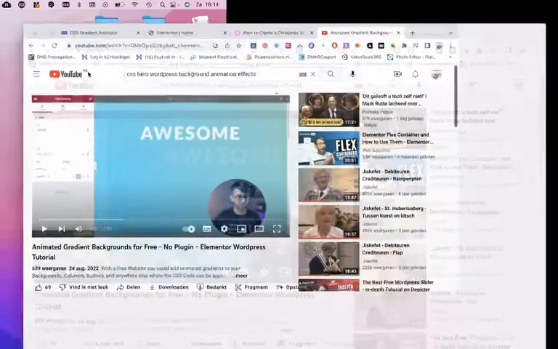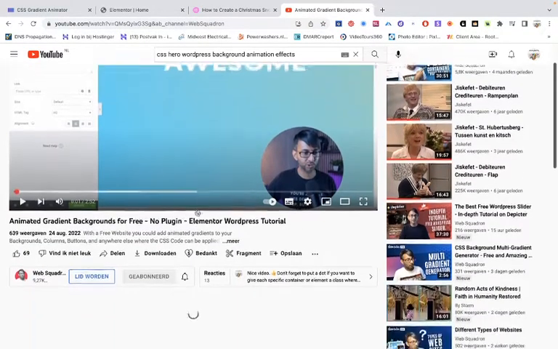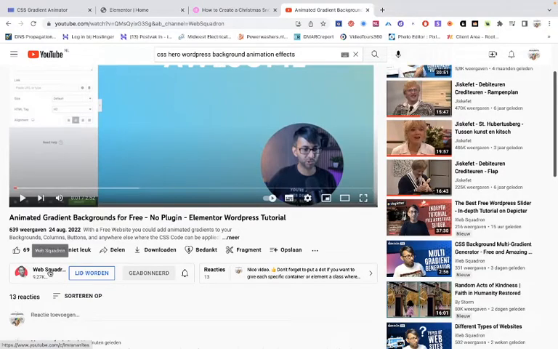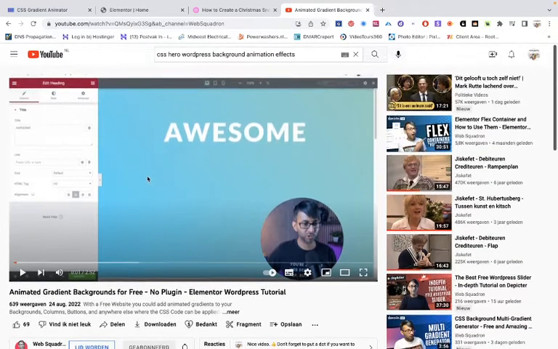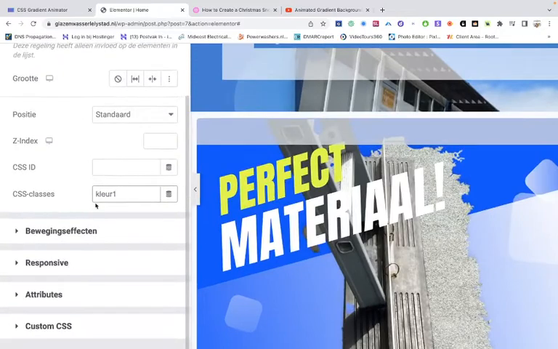Alright, a little short tutorial once again for me. I saw the video from WebScardon, and he showed you how you can add a CSS code into your website to change the backgrounds. And I thought, well, I want to show you how you can do it with the CSS class. And that means that when you have a CSS class, if you can see here, I've given the